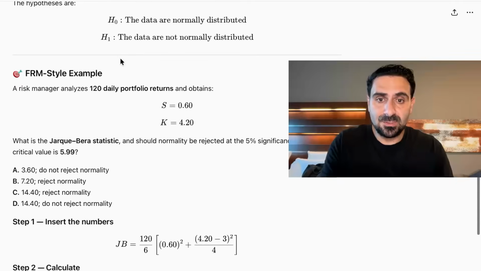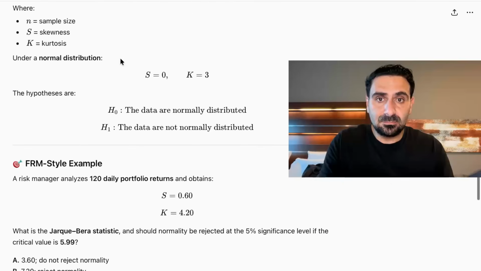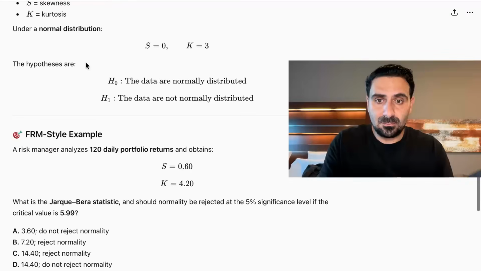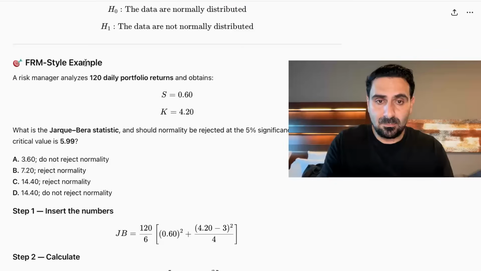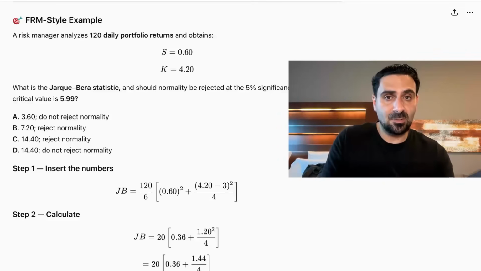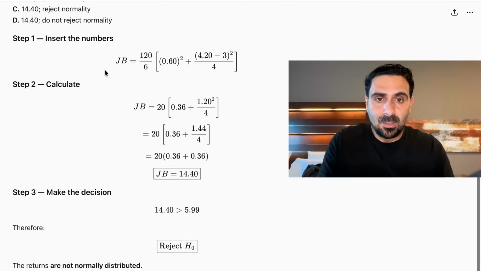S, which is skewness, and the kurtosis equals 4.2. So you're gonna divide 4.2 minus 3 and square it as well, and divide it over 4. So the result, after you do the calculation, is 14.4, which is more than